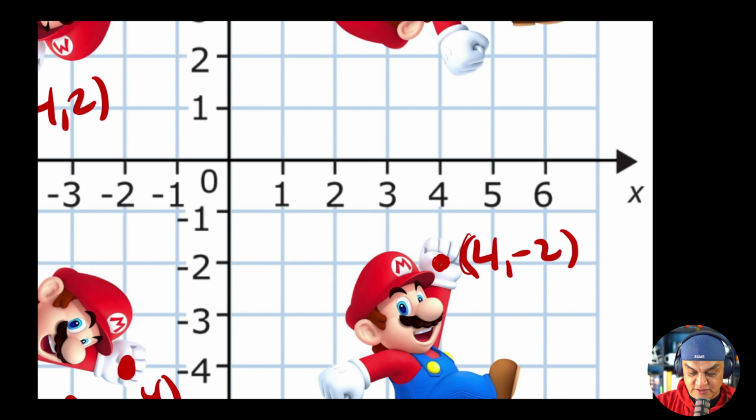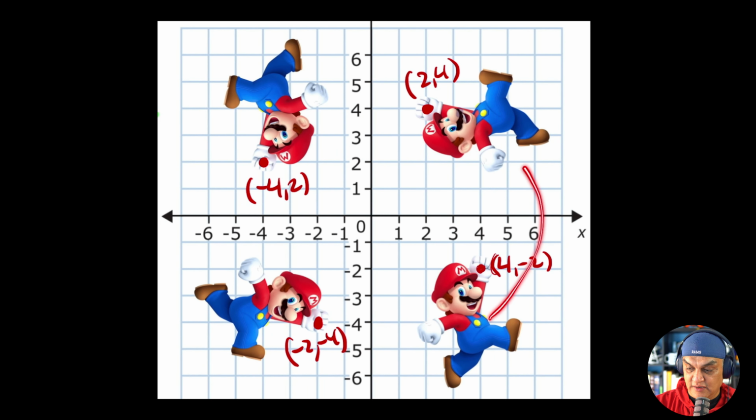The numbers switch as he's rotating. The thumb is going 90 degrees counterclockwise. Well, the whole thing is, right? We're just focusing on the thumb. Make sure you're clear on this. The whole Mario is rotating. We're just focusing on a thumb because it has a point, and we're trying to get the coordinates of that point, because maybe that point will give us a clue on what we need to do for all the points of Mario, right? So we're just focusing on one, but the entire Mario is rotating. We're just focusing on one point to see if we notice a pattern, because that's the whole thing with math,